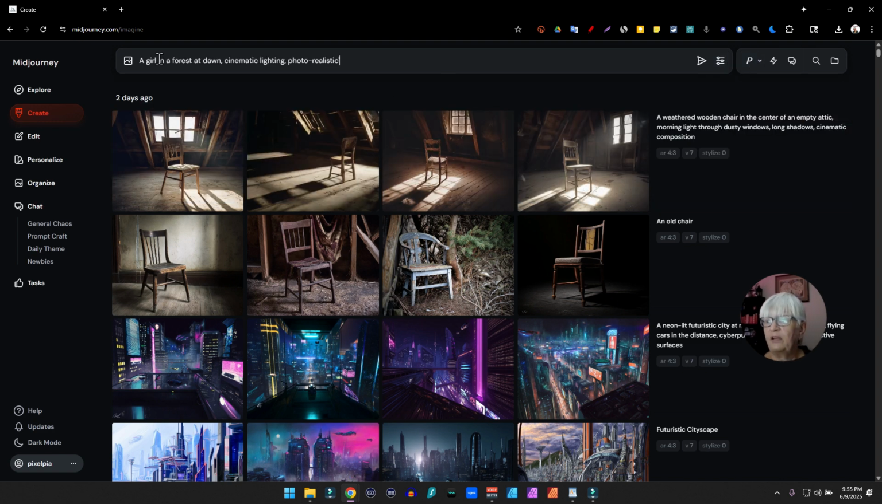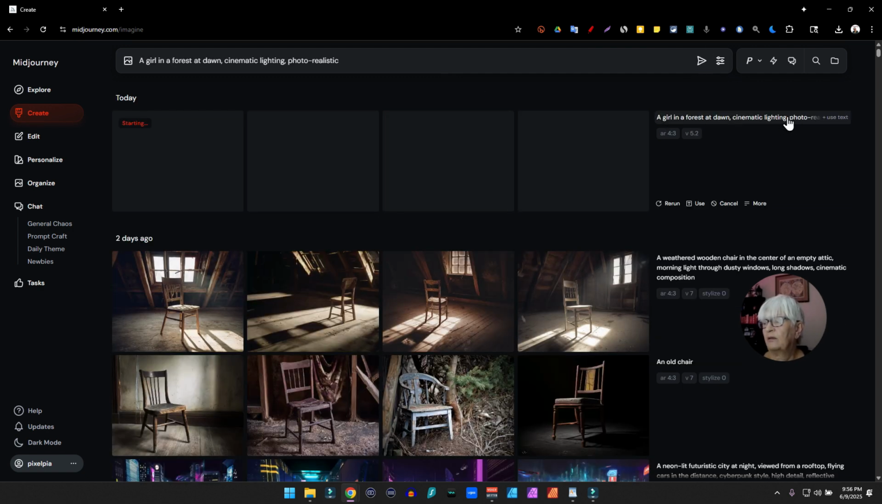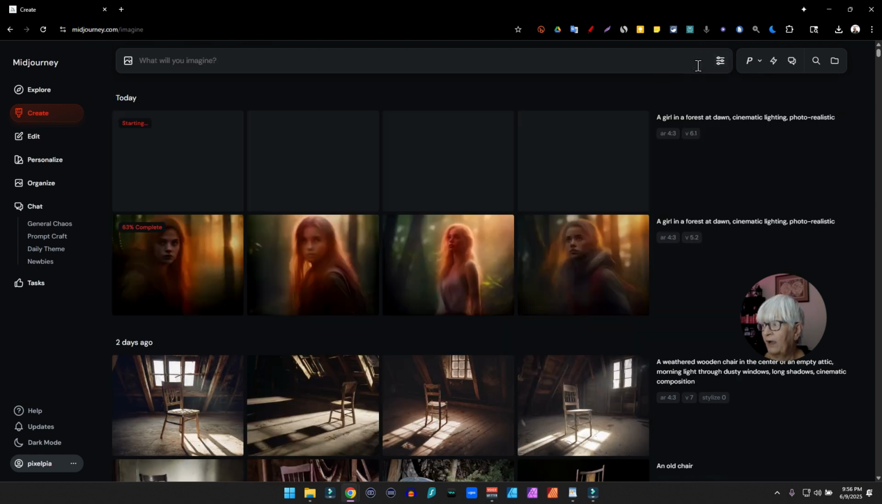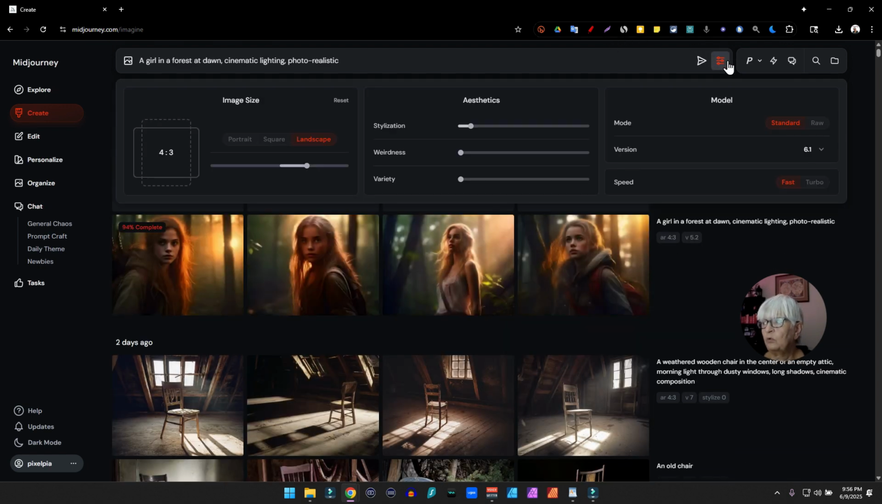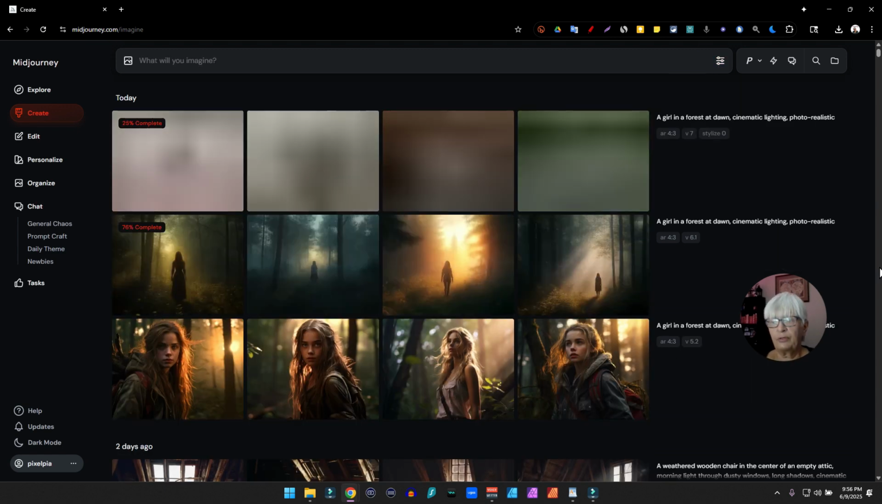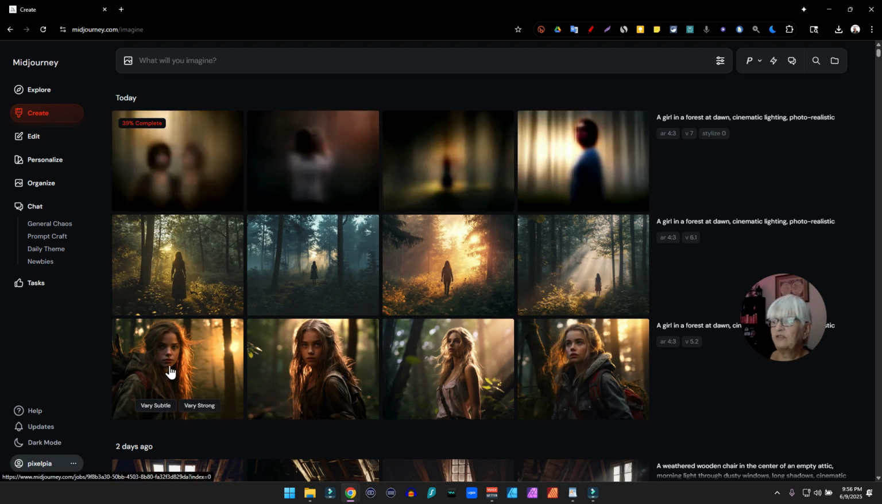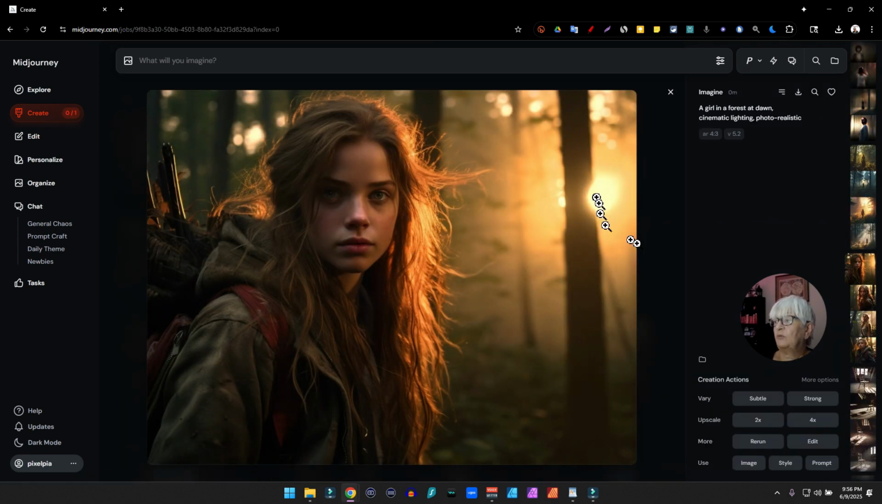5.2. And our very first prompt is a girl in a forest at dawn, cinematic lighting, photorealistic. And while that is working, we use the same prompt, but we go in and change our version to 6.1, and we do it one more time in version 7. So here we have 3 different models with the exact same prompt. Let's start looking at the images from